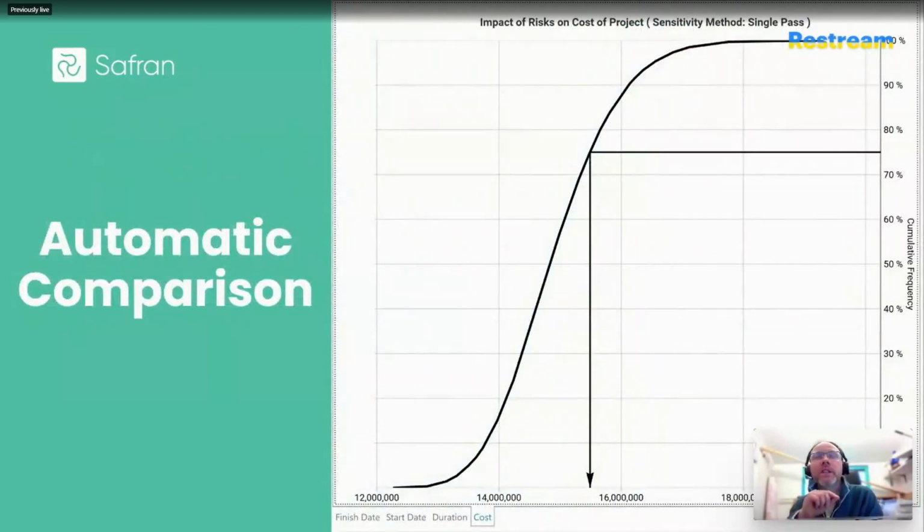But the good news is that there are a suite of configuration options that you can preset, such that you only interrogate the top n number of risks in the model, or once you hit an arbitrary amount of money, maybe it represents your contingency perhaps, once it's discovered that amount, it will just stop the multiple pass analysis and save on time, so you can be a bit more 80-20 about it in terms of Pareto principles and things.